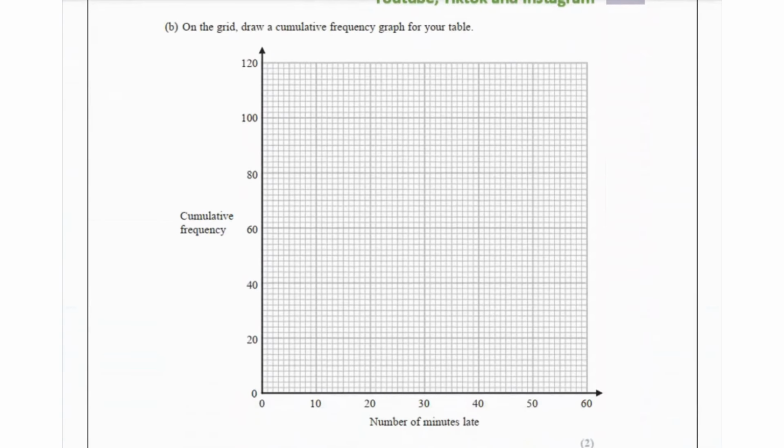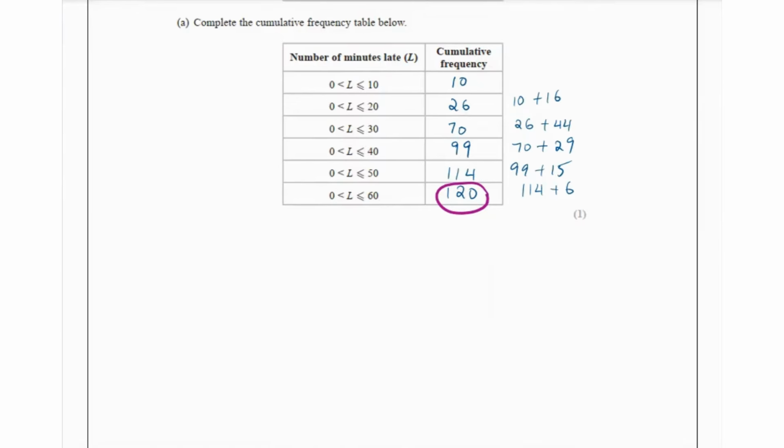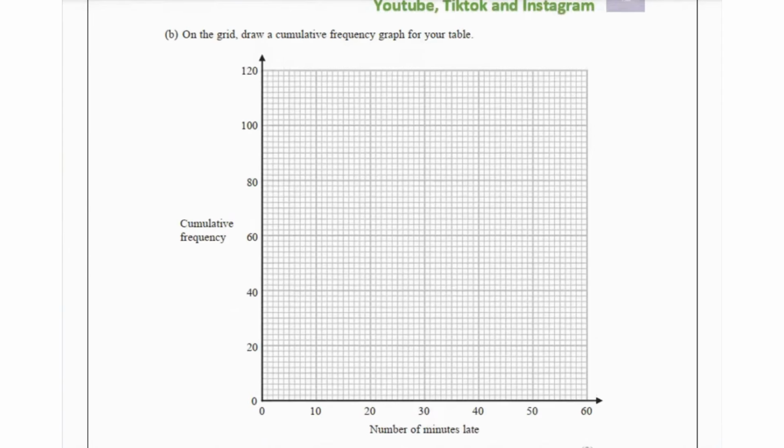So now we're supposed to plot these points on this graph and make a cumulative frequency curve. So for the x value, we'll use these, the maximum values of the intervals. So let's plot these now. 10, 10, so that's going to be over here. Then